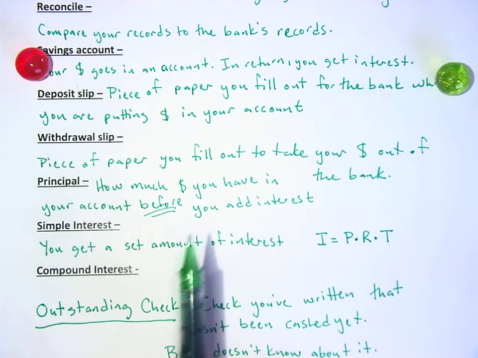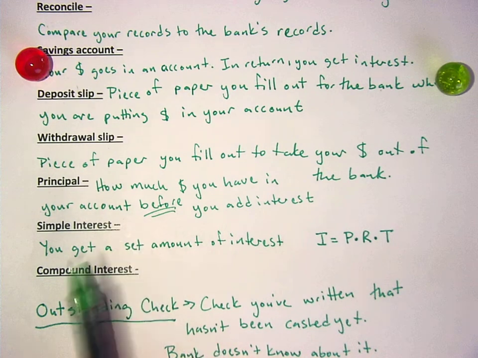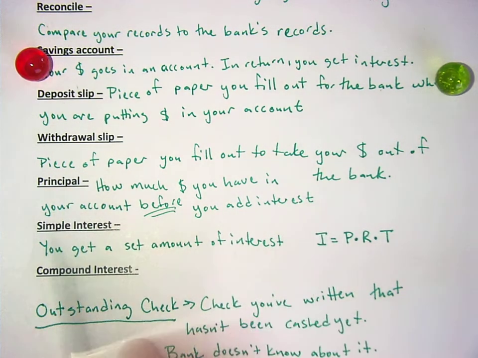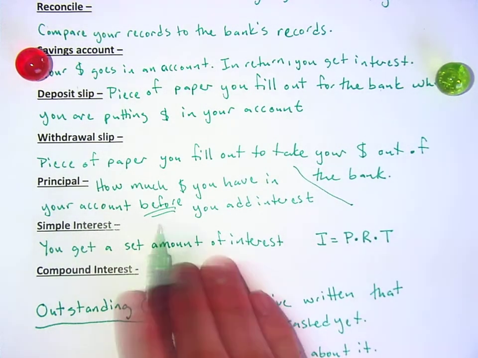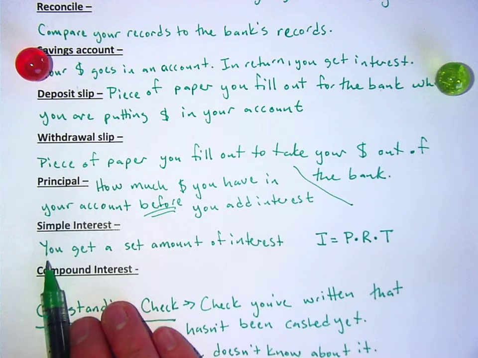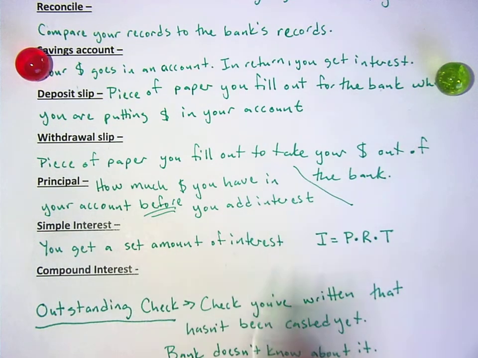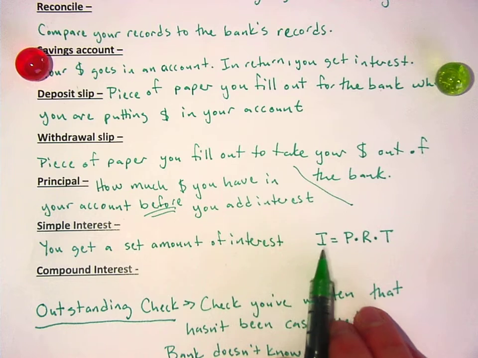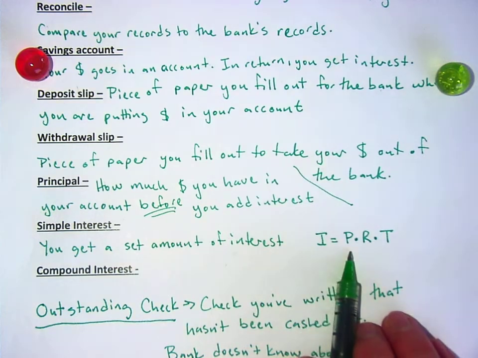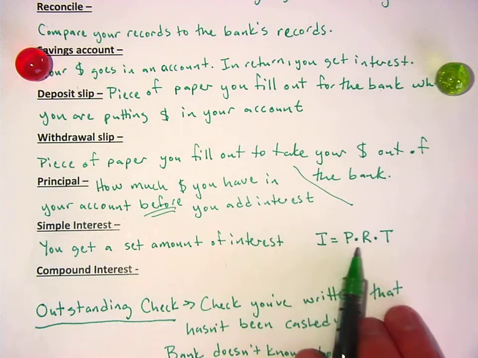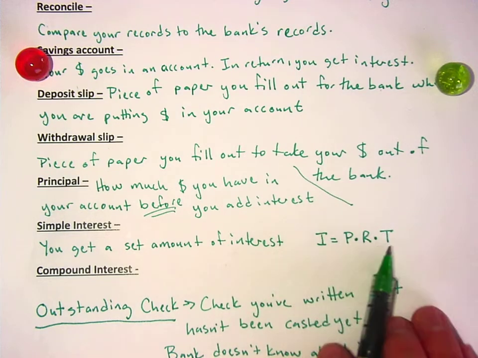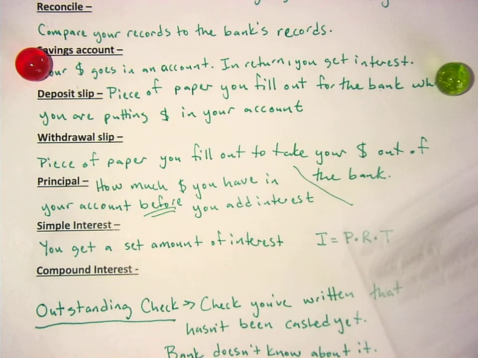So the only thing that I missed saying was that principal is how much money you have in the bank. This is money you have in your account before you add interest. Simple interest is you get a set amount of interest, like a certain rate. There's a formula here. I stands for interest, P stands for principal, R stands for rate, and T stands for time. So interest is equal to principal times rate times time. We're going to do compounded interest over Monday and Tuesday and talk about that, which is a little bit more